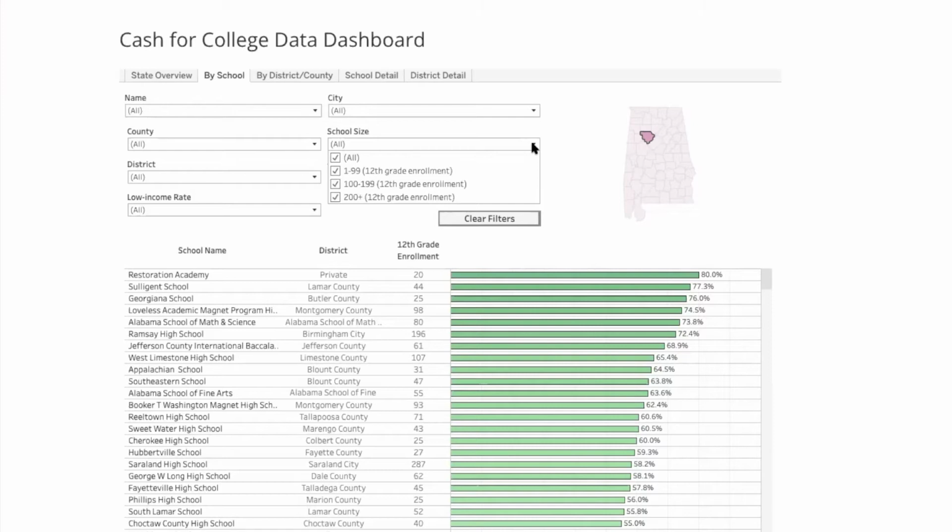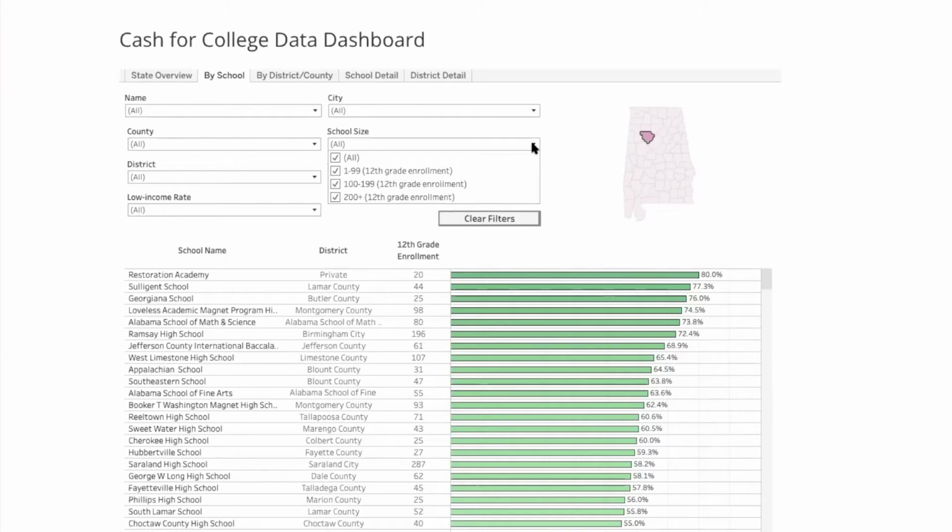And this is how we determine our end of year awards. So schools are only competing against schools of similar size. So if you're interested in tracking your school compared to schools of a similar size, you can use this drop down. And I just want to give a quick reminder that our awards are based on FAFSA completion through May 1st.